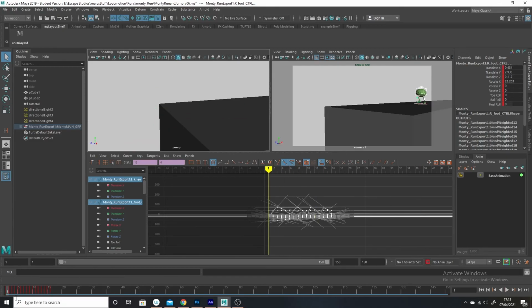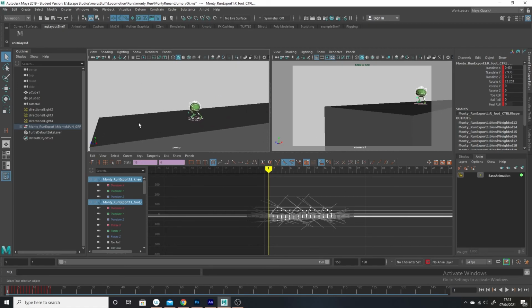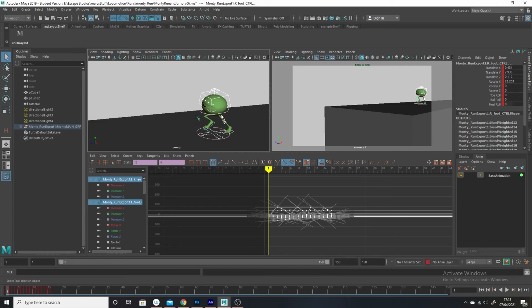Now I put a whole video on transferring an object from local to global space, so it's worth watching. It tells you why we're doing this, just because it makes it easier to join things up. So what I'm going to do is make this control and the feet controls actually have the forward motion on them, not this control. This control will stay where it is. So to do that, I'm going to create